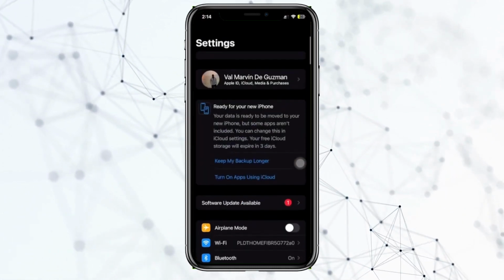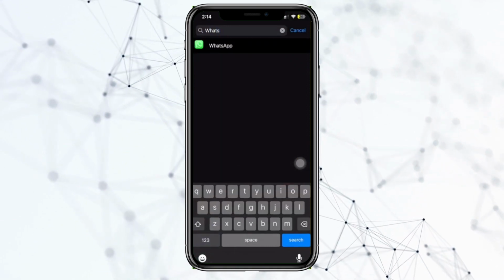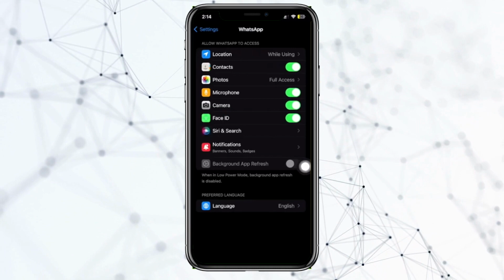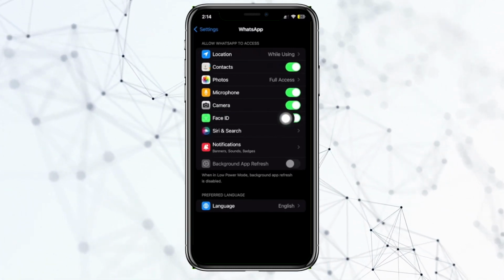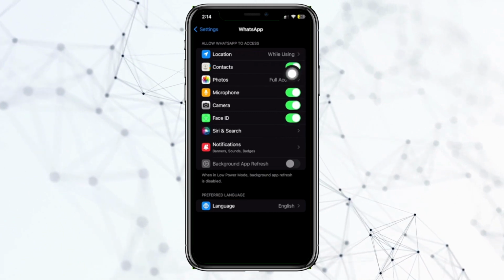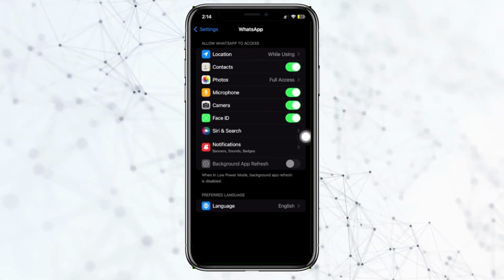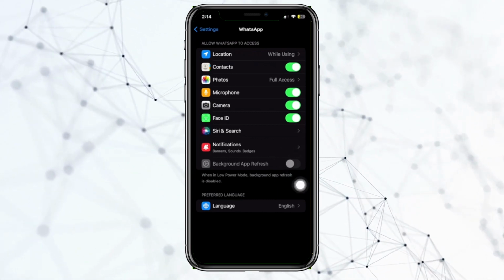So if you do have this option over here, all we need to do is search for the WhatsApp application, and then I want you guys to proceed with basically turning off each and every one of these settings. So turn off Face ID, camera, microphone, contacts, and location as well. That's going to prompt the app to not necessarily run properly, and will also stop WhatsApp even if mobile data is